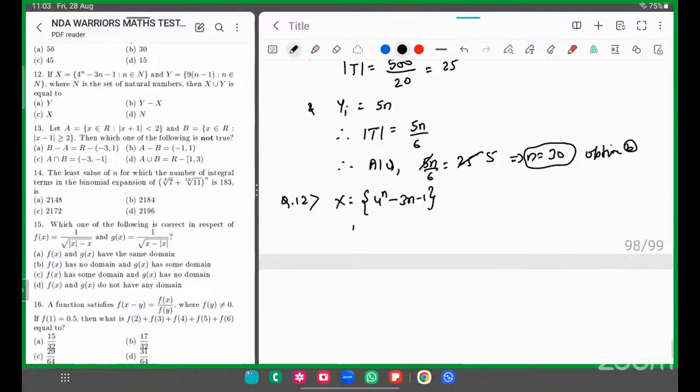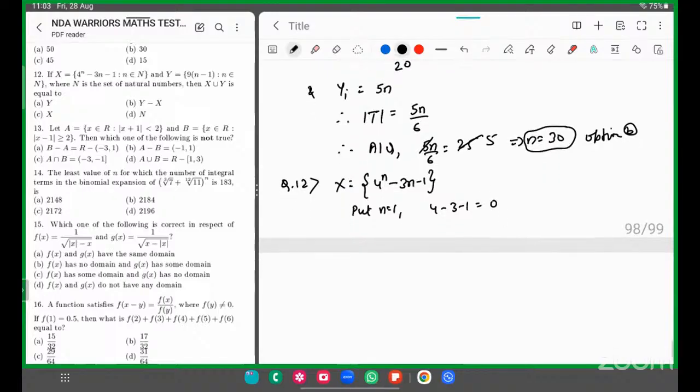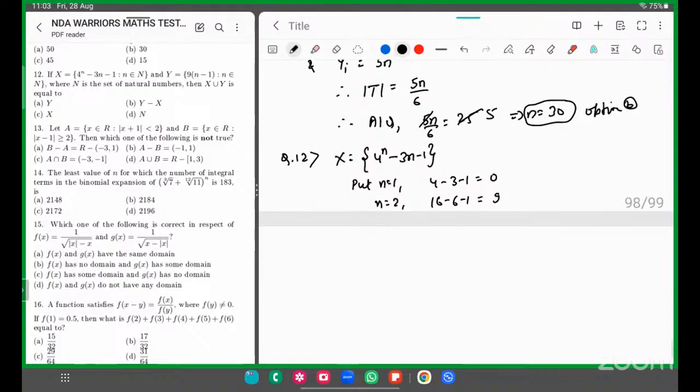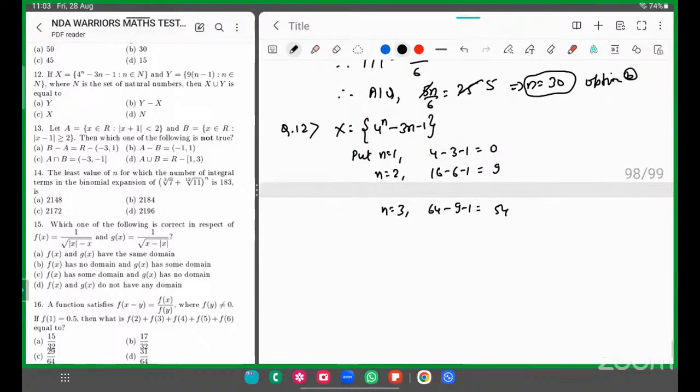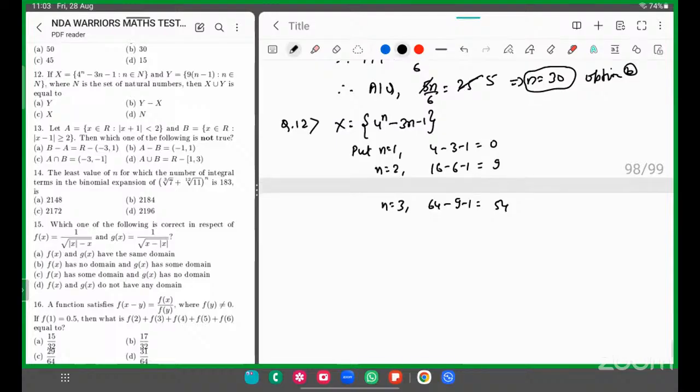कुछ वैल्यूज रख के देखना पड़ेगा। पुट n इज इक्वल टू 1, क्या आ रहा है देखो, 4 माइनस 3 माइनस 1, मतलब ये हो गया 0। अगर n का वैल्यू हमने 2 पुट किया तो 16 माइनस 6 माइनस 1, ये कितना आ रहा है 9। n इक्वल टू 3 पुट किया तो 4 का 3, 64 माइनस 3 इंटू 3, 9 माइनस 1, ये कितना आ रहा है 54। तो ऐसे आ रहा है, 9 के मल्टीपल्स में। 9 के टेबल में तो नहीं है, लेकिन ऐसा कुछ आया।